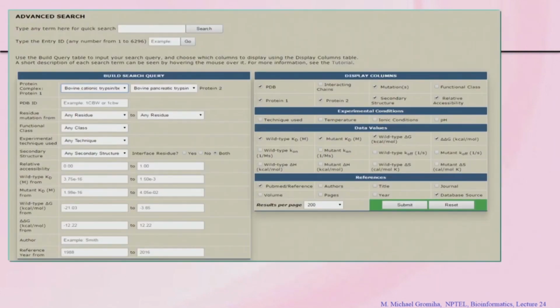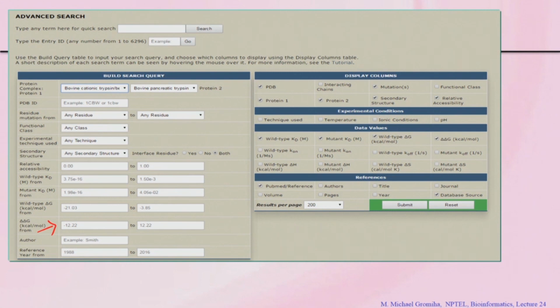We have the search option here. So we use different information. You can search based on the proteins, if you know the complexes, protein 1 and protein 2, you can get all the data for this particular complex. Or if you want to get the hotspot residues, you can see the mutant Kd or mutant delta G. We have the delta G, give the range, and you can see the value, the mutants which are serving